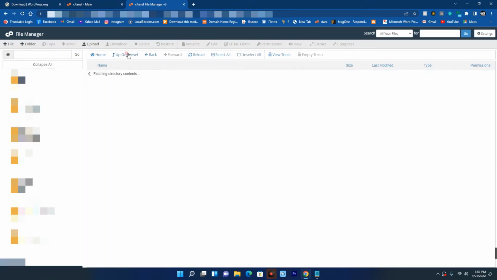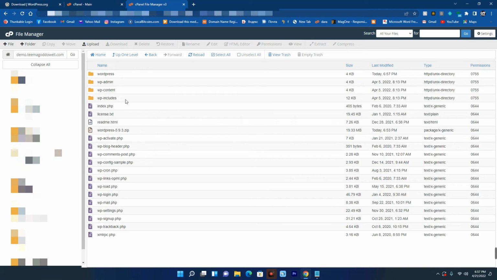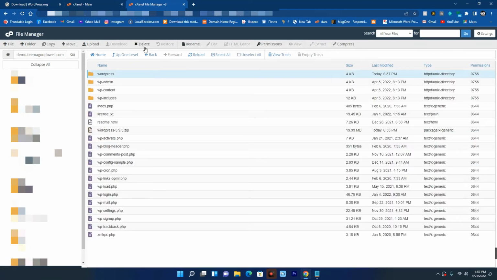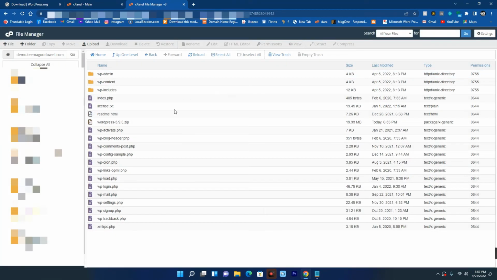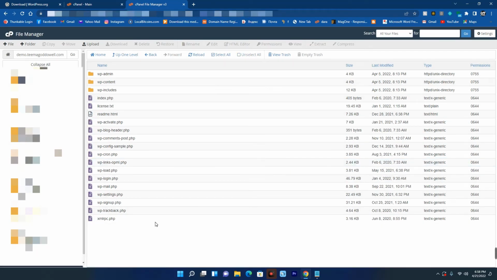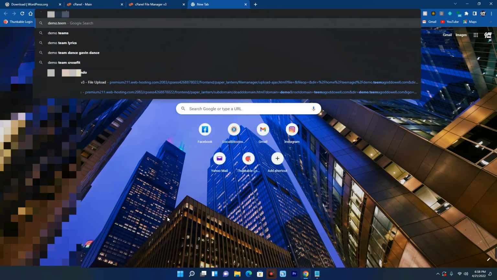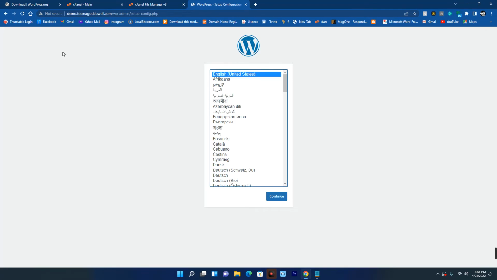Now let's go up 1 level. Now we can delete the WordPress folder which is up here since it is empty. You could also delete the WordPress zip file since we don't need it. So let's just click on delete. Now we are ready to install WordPress. So head on to your website domain, demo.teemagoddowell.com, and once you open your domain where you just extracted this file, this is what is going to show